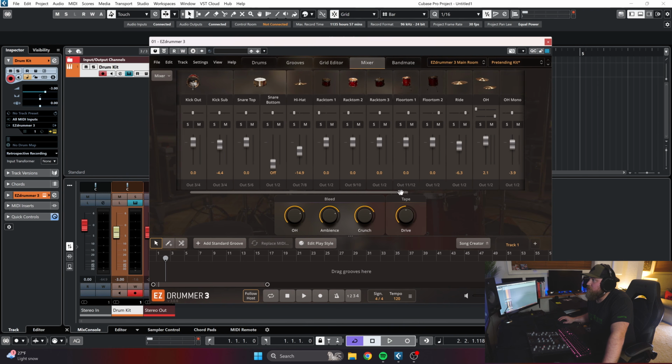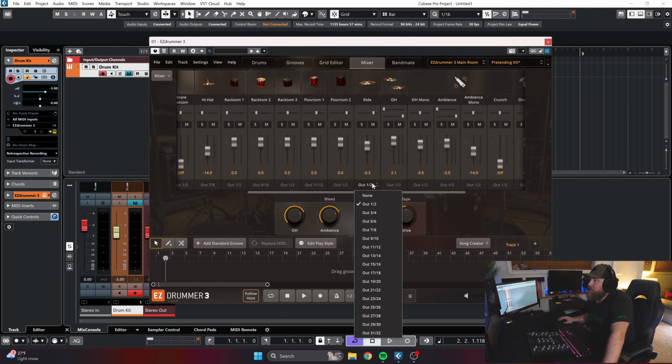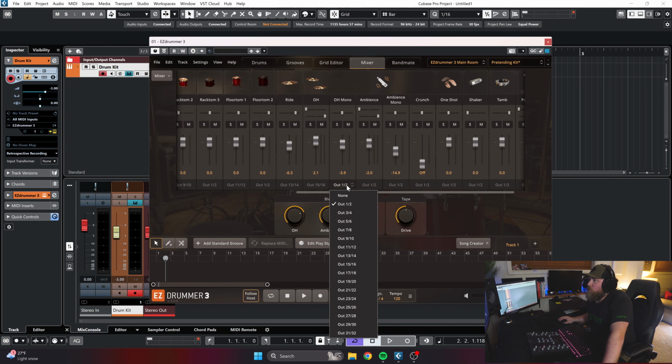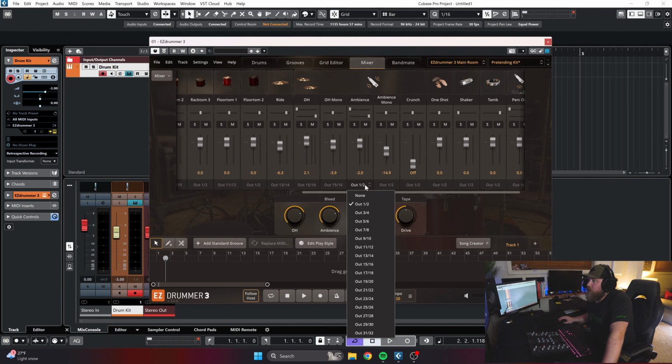11, 12. Slide this over. Ride will go 13, 14. Overheads will go 15, 16. We'll also do a mono overhead. I'll actually have it on 15, 16 as well. Room mic,